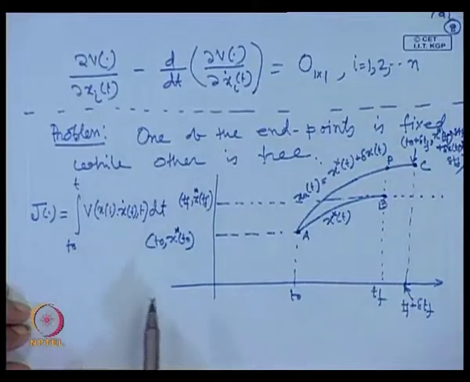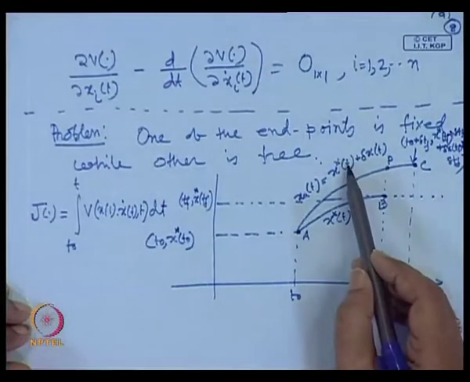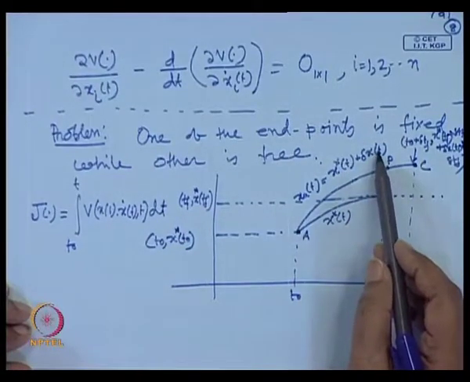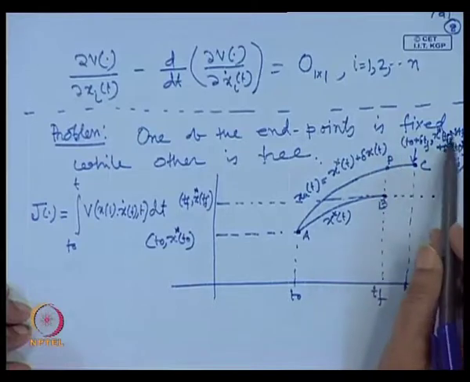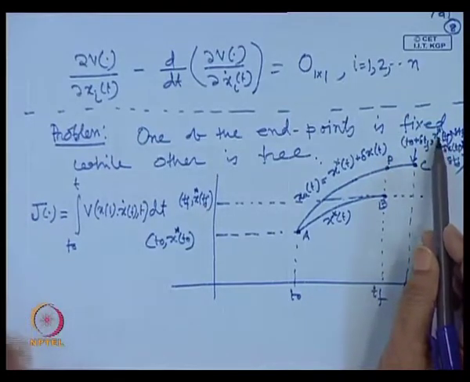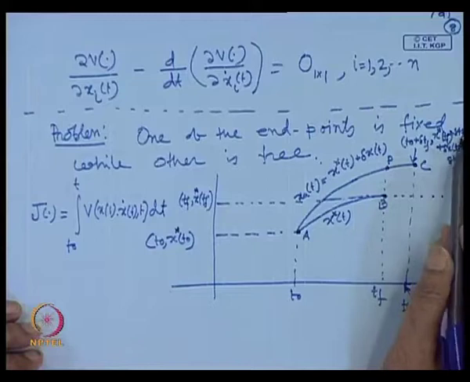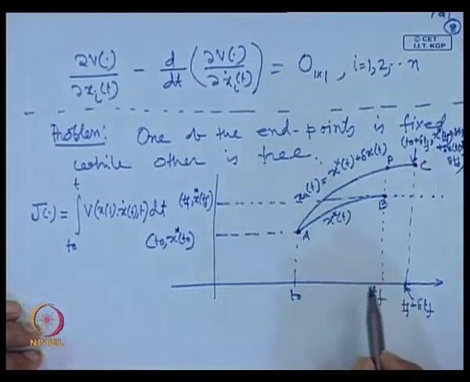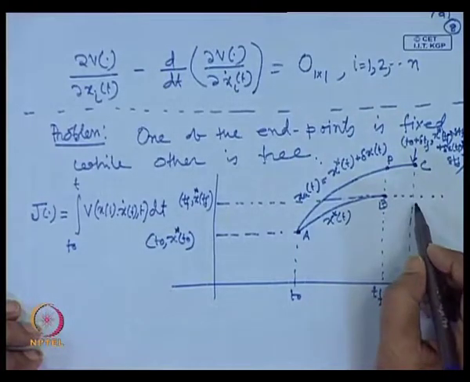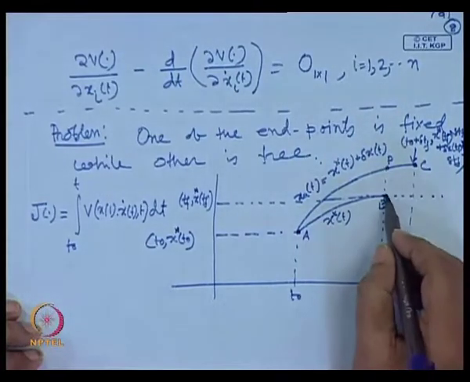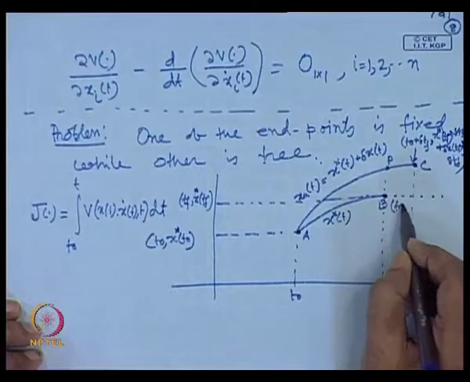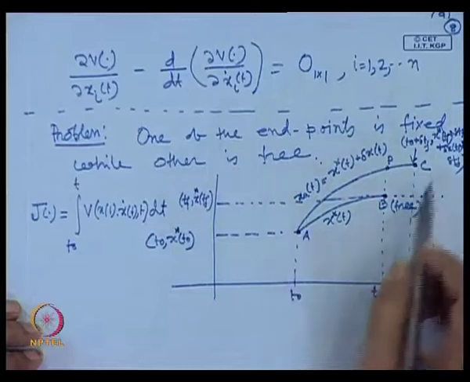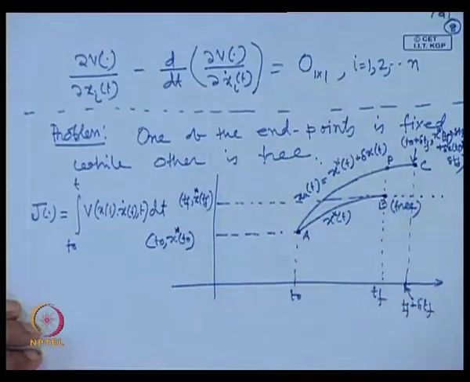Agree? So, you see t is what? t is T_f plus delta T_f, that is what I am writing: x*(T_f plus delta T_f) value and delta x(T_f plus delta T_f). This is the coordinate of this one, and let us call this point B. The point is free, not fixed, it can be anywhere, here, here, here. Now, from here to here,